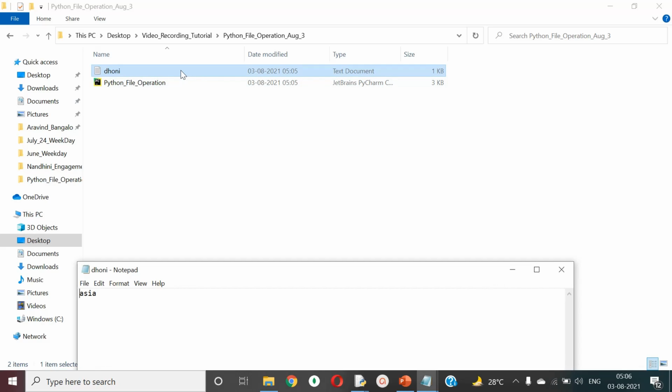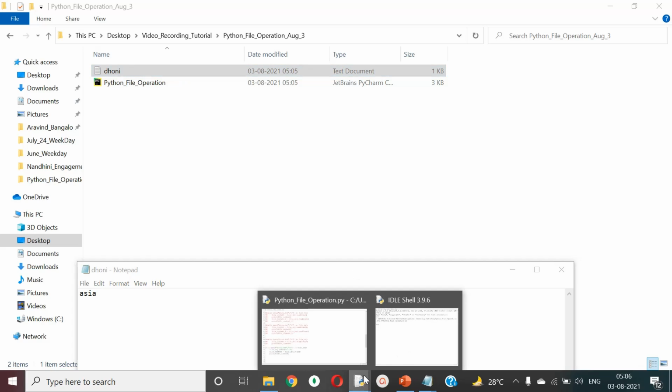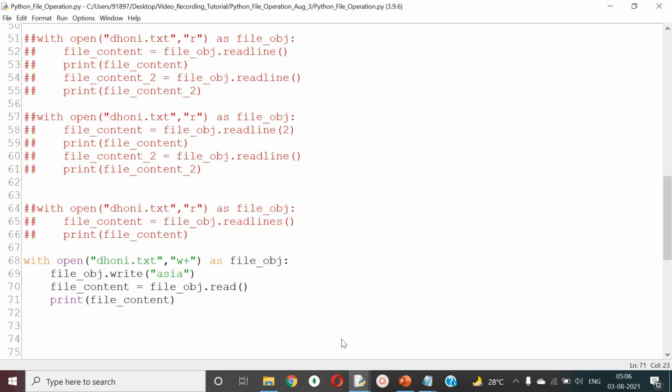As soon as you write Asia, it would write like this, ASIA. Now where is my cursor blinking? My cursor is actually blinking at the last letter. So what is the command you gave after the write? You are asking to read. So when you ask the file operation to read the file, where will it start reading? It will start reading from the place where the cursor is blinking, at the end of the A. What is after the A in your file? Nothing. So that's why the output is empty.